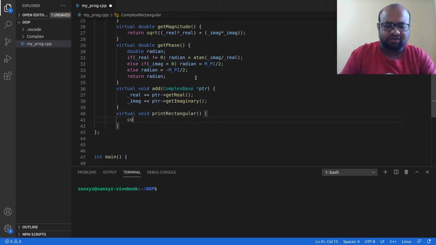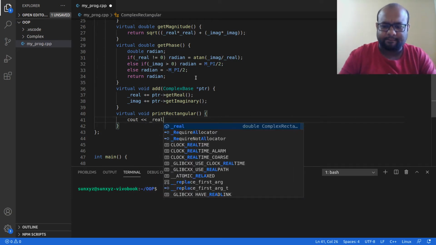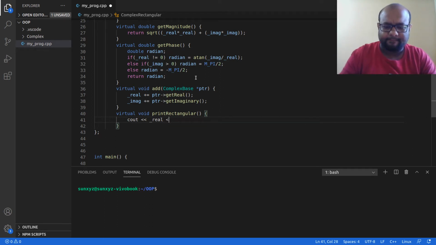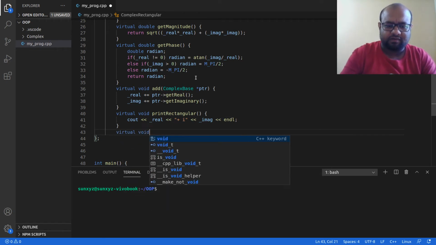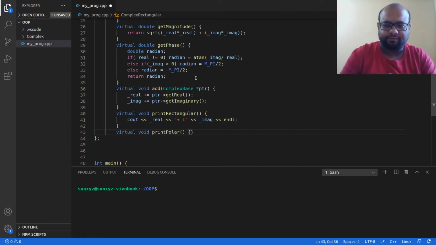This is going to print real plus i imaginary, a plus ib. And then virtual void print polar. This is going to print